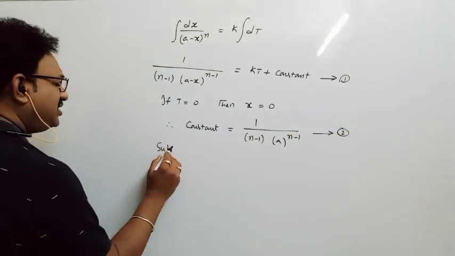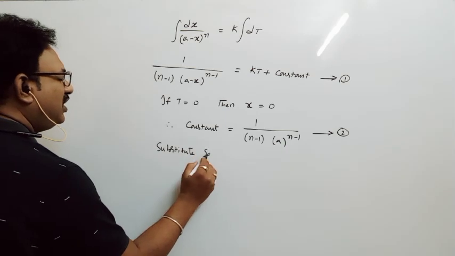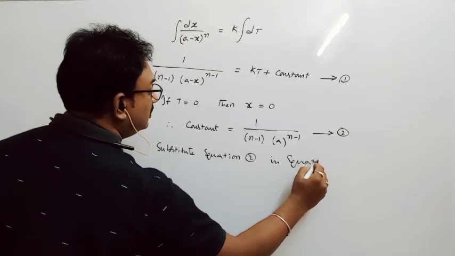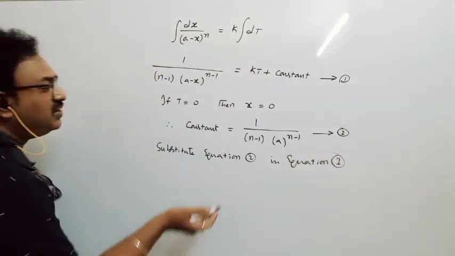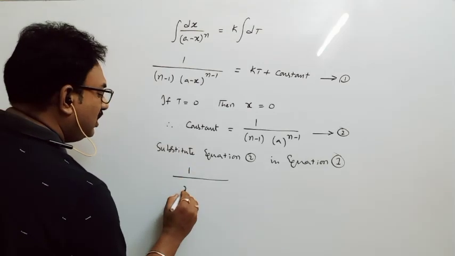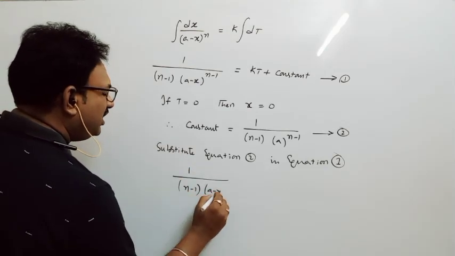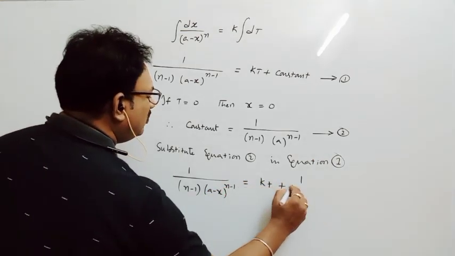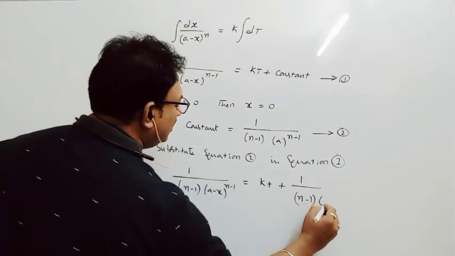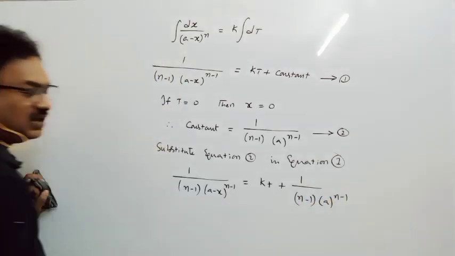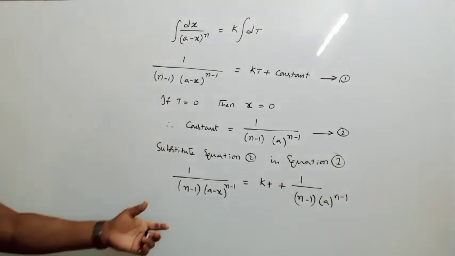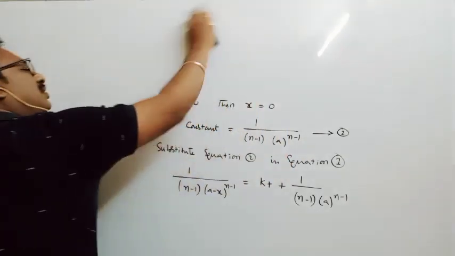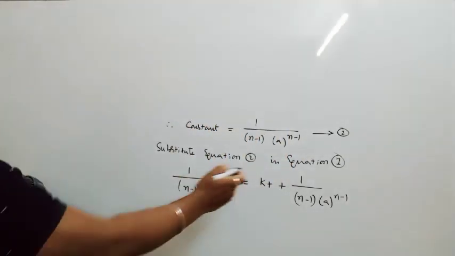Okay. Substitute equation 2 in equation 1. Substitute equation 2 in equation 1. Then 1 by (n minus 1) into (a minus x) power (n minus 1) is equal to kt plus 1 by (n minus 1) into a power (n minus 1). Okay, so let me solve this one. Then kt is equal to